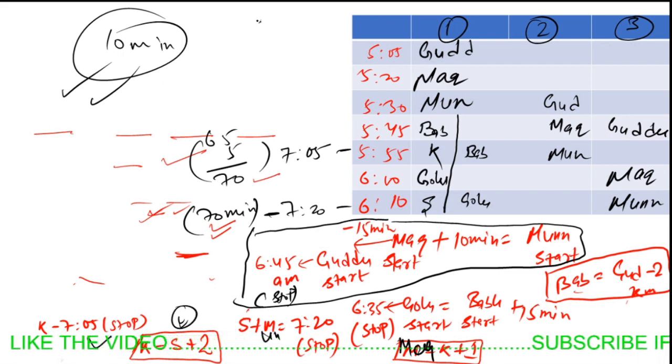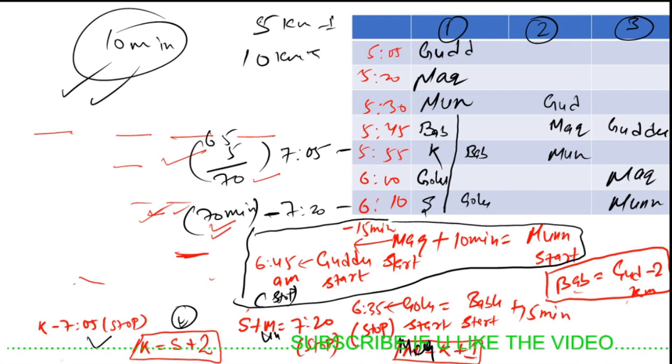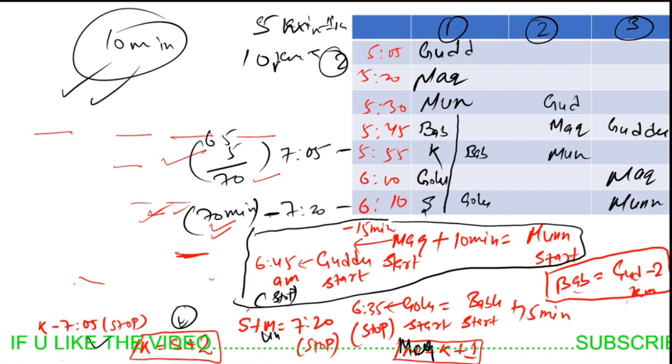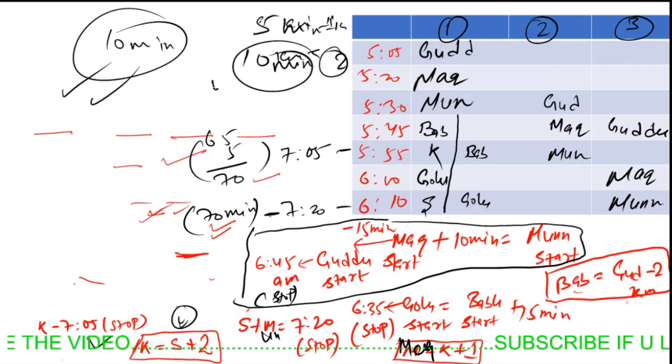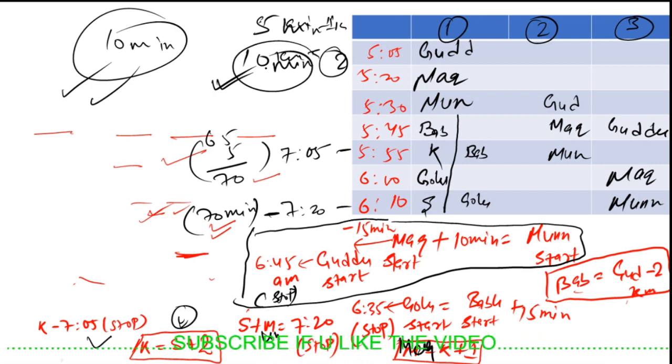Since in every 5 minutes a person is traveling 1 kilometer, to travel 2 kilometers more, Kaleen should have a duration of 10 minutes more. Okay, I think this point should be clear. If this point is not clear,